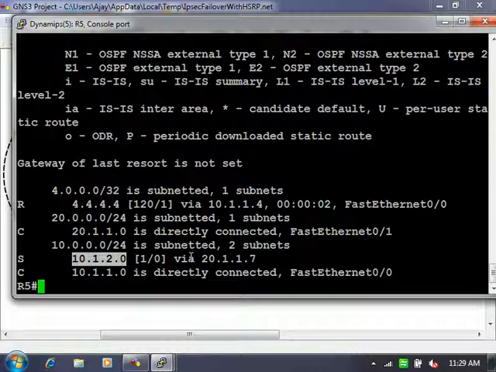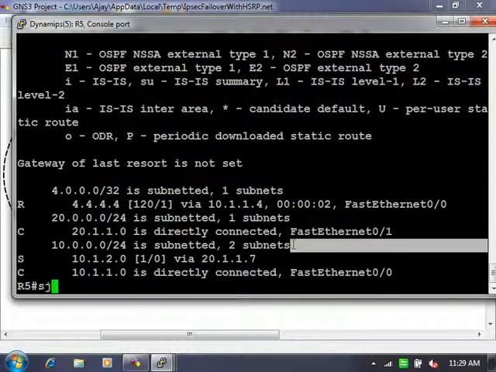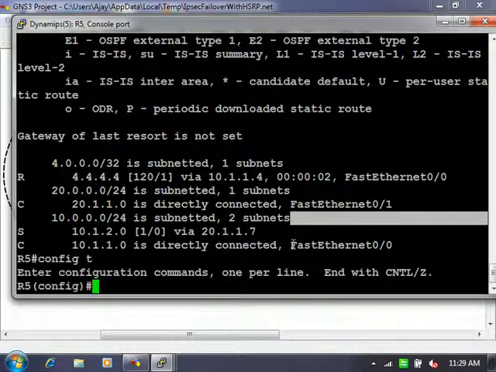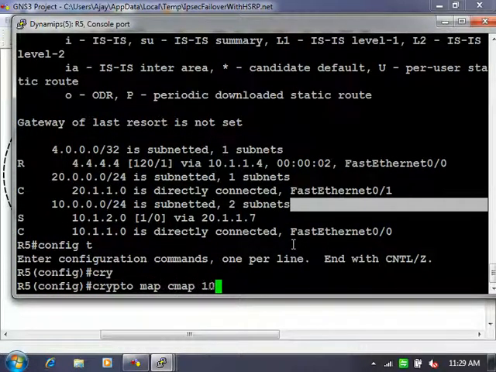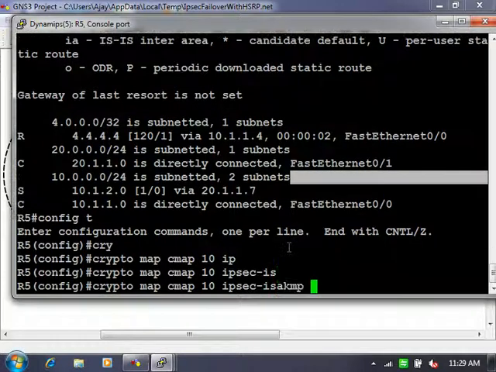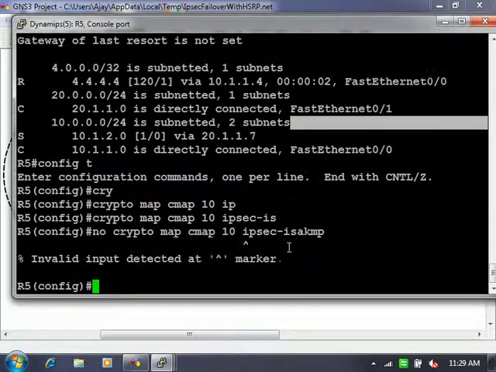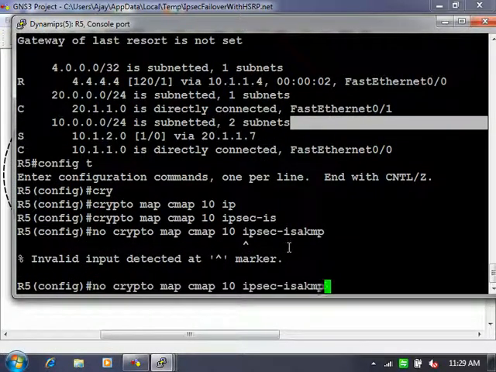Right? So whatever we have configured over here, let me knock off that configuration. Crypto map, CMAP 10, IPsec SA. I think we will remove the complete map.